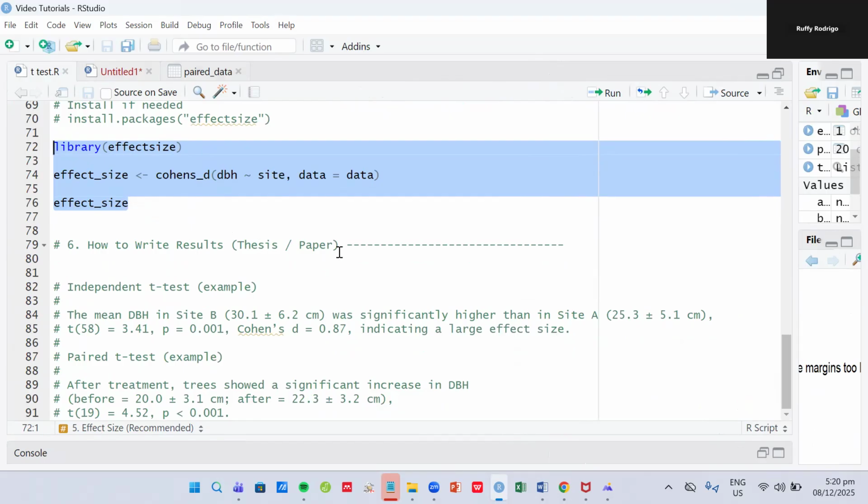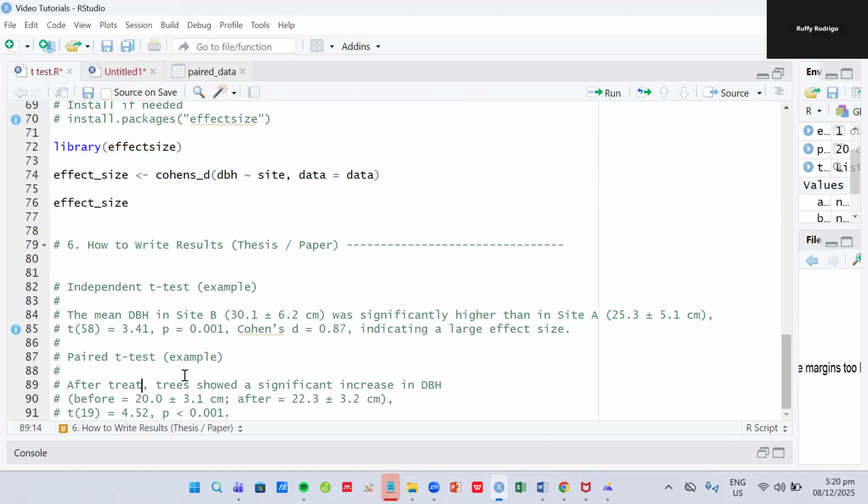I can just run this one like this, and I have here how to write results in a thesis paper. So for the independent t-test: the mean DBH inside B was significantly higher than inside C based on our t-test, right? You know that. We showed it already. T equals 34, p-value 0.001, and Cohen's d 85, indicating a large effect size. I mean, you already see the differences. And for the paired t-test after treatment, I want to say after lecture, because I changed the story. After lecture,